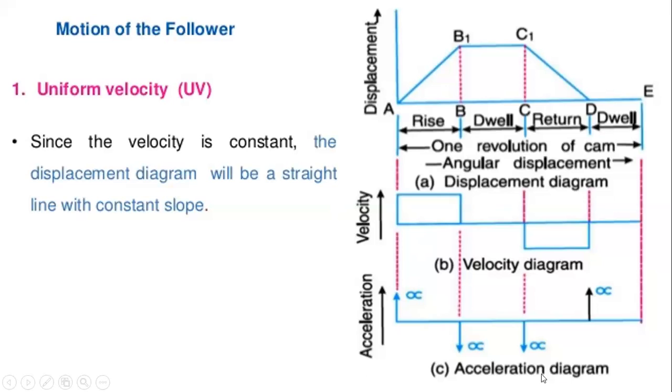So for the uniform velocity, the positions of the motion of the follower is, so here we are taking it as rectangle. So ఇక్కడ మనకి ఇక్కడ అంతా స్ట్రైట్ లైన్స్ లో తీసుకున్నాం, ఇక్కడ రెక్టాంగిల్స్ వస్తాయి. నెక్స్ట్ డ్వెల్ ఎలాంటి మోషన్ ఉండదు కాబట్టి స్ట్రైట్ లైన్ గానే తీసుకుంటాం. మళ్ళీ రిటర్న్ స్ట్రోక్ కాబట్టి ఈ లైన్ నుంచి కిందకి, సో మనకి నెగటివ్ మూమెంట్ లో తీసుకుంటాం రిటర్న్ కాబట్టి కిందకి రెక్టాంగిల్ ఫామ్ అయింది. లెంత్ అనేది ఇక్కడ తీసుకుంటాం. నెక్స్ట్ ఇక్కడ వచ్చేసరికి మళ్ళీ డ్వెల్. సో యాక్సలరేషన్ డయాగ్రామ్స్ లో కూడా అనేది తీసుకుంటాము. సో ఇన్ ద లేటర్ we can see it in the problems.